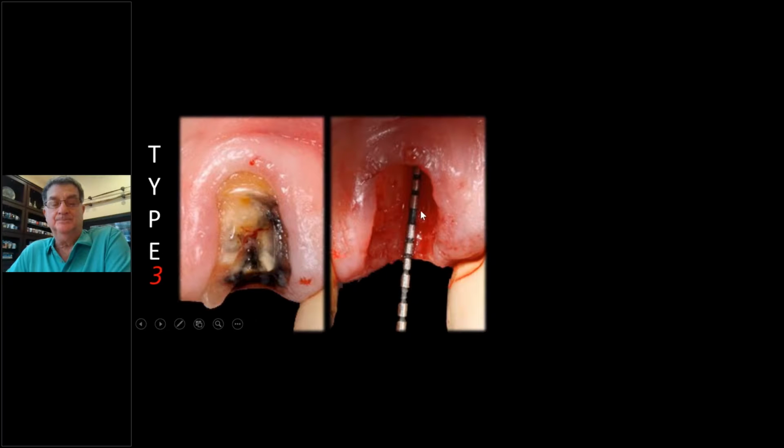What I'm going to do is take it out. Now, this is the key. The palatal tissue is still there, even though the buccal is gone. See that palatal tissue and some bone. This is beautiful. That's the height that you're going to reach. Mother Nature is going to fill this in with beautiful keratinized tissue, not mucosa.